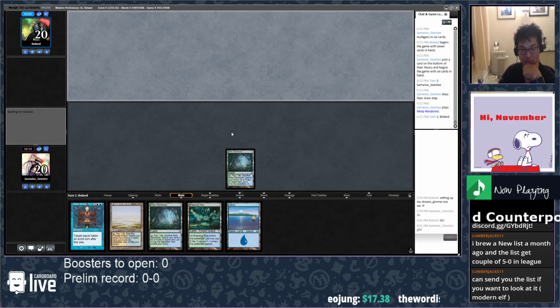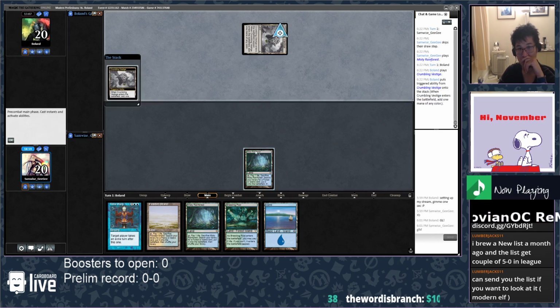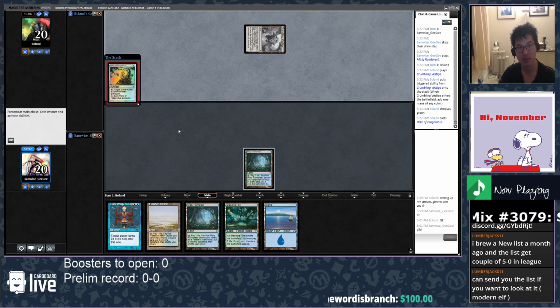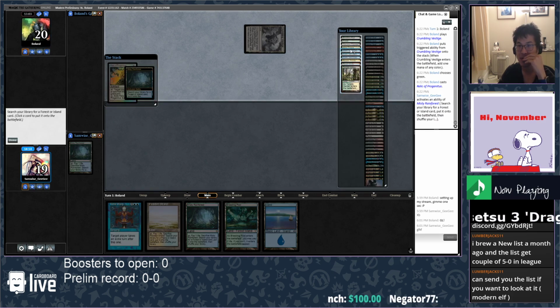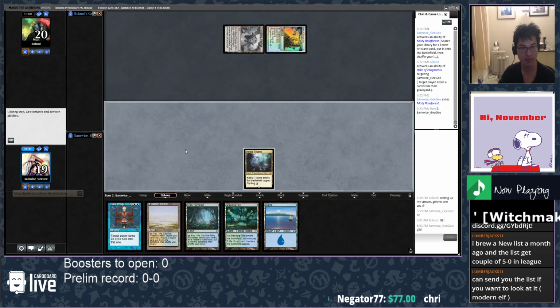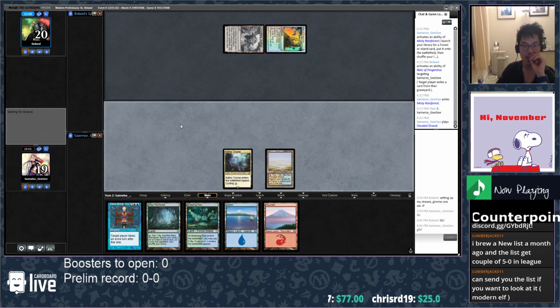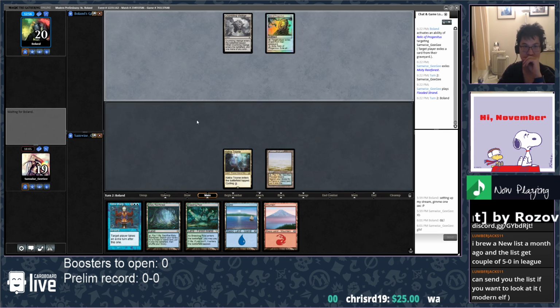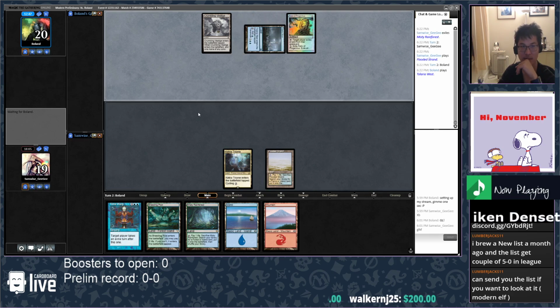Gonna get RUG Triome. If I draw Wrenn and Six, it'll be pretty good actually, but alright. Scratch that. It will not be good. That's bad. Drawing land there was really bad, but not much I could do about it. Their hand's not stellar, though, so...